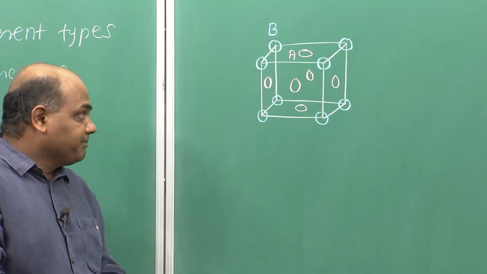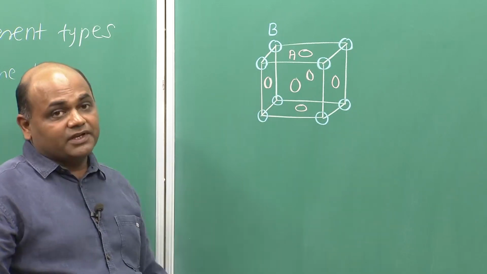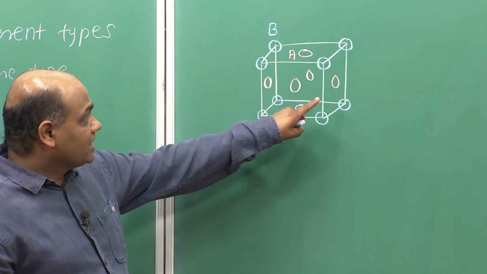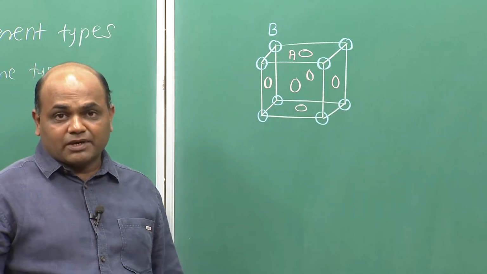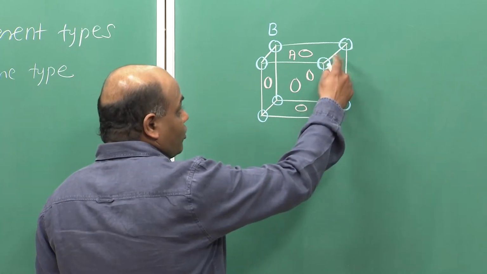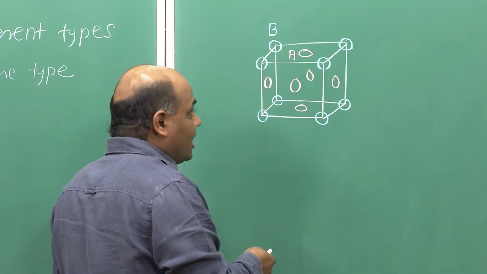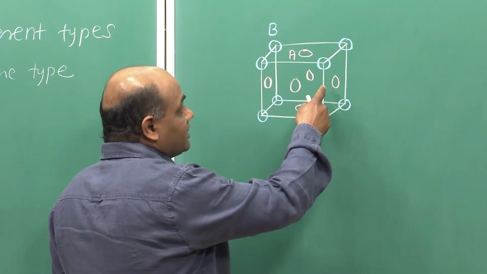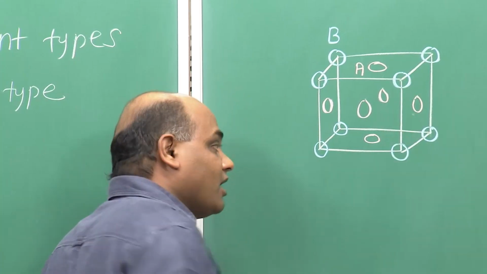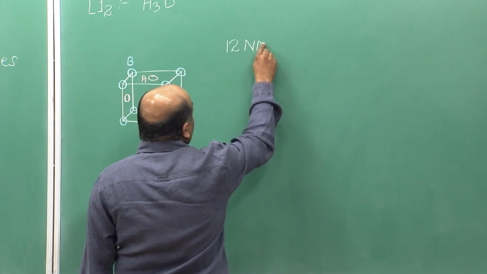So, you can see each atom in this structure has 12 nearest neighbors. If you consider any A type of atom, for example, out of the 12 nearest neighbors, 4 are of different types and the remaining 8 are of the same type. That is, 8 nearest neighbors of any A atom are type A atoms and 4 are B atoms. Right. So, 12 nearest neighbors